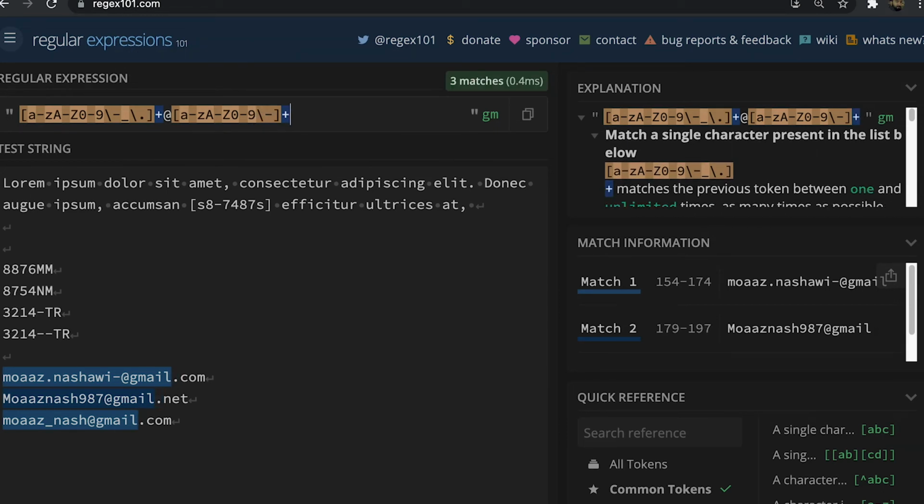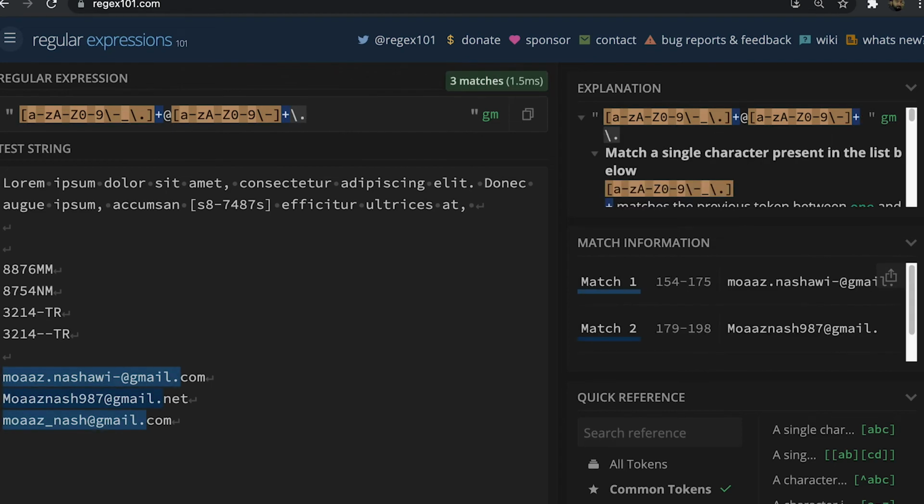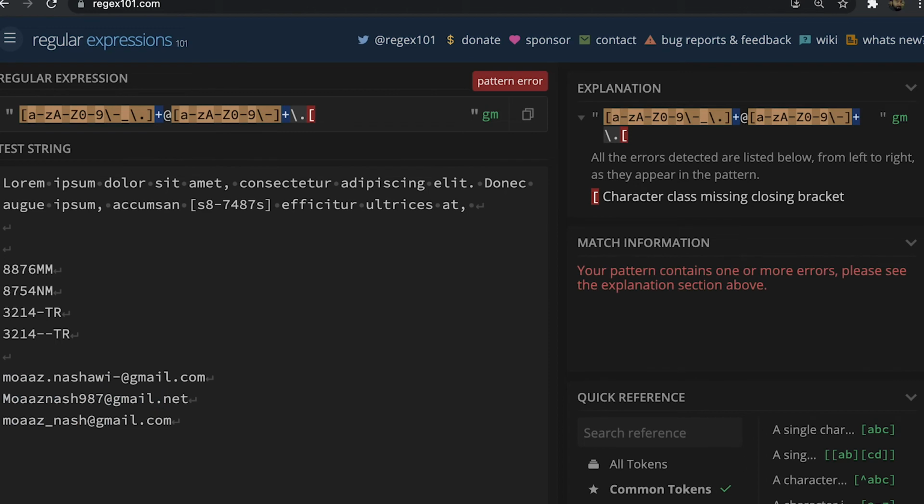And now we're gonna use the dot here, but with the backslash, because as we said, dot is acting as a special character, acting as any character. But now we're not searching for any character. We are searching for a specific dot. So now we're putting dot. And after the dot, it's gonna be the domain com or net or .org, for example. So it has to be A to Z